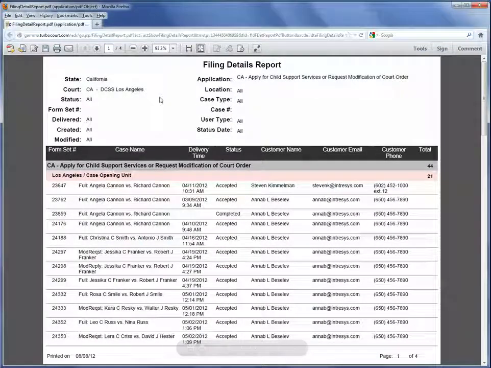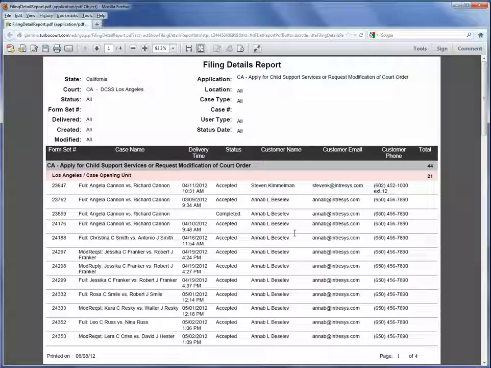And this brought up a 4-page PDF. And so here we're showing, again, the TurboCourt form set number, the submission name, the delivery date and time, the status of that submission at this moment in time, the name of the customer, and again, it's a test database, so you're not going to have the same person doing all of those filings, obviously, but their email address, their phone number. So this basically allows you to generate this report. Let's say, newly delivered filings, and then you can generate this report, and now you have the contact information for the applicants along with their form set number, and you can use this as a checklist, so to speak, and